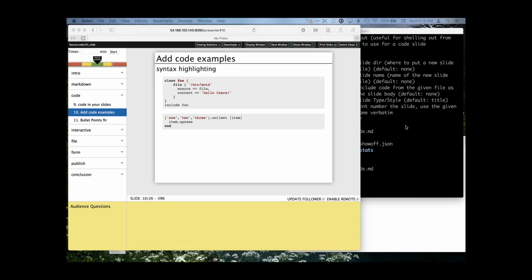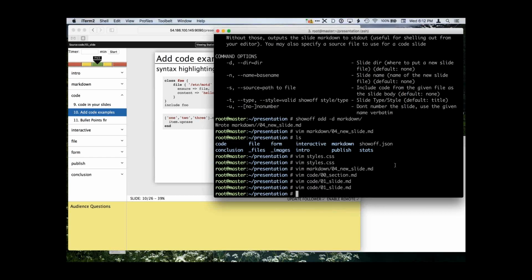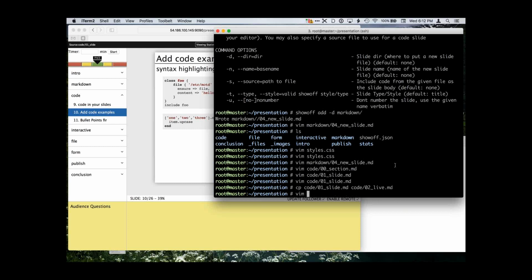Now, what if I wanted to execute code live? Like, what if I wanted to show off how you could execute code right from your presentation? Let's do that. And then I'll edit that file, code 02.